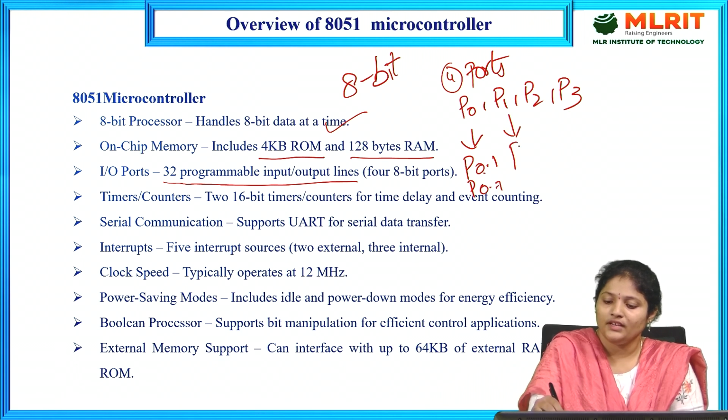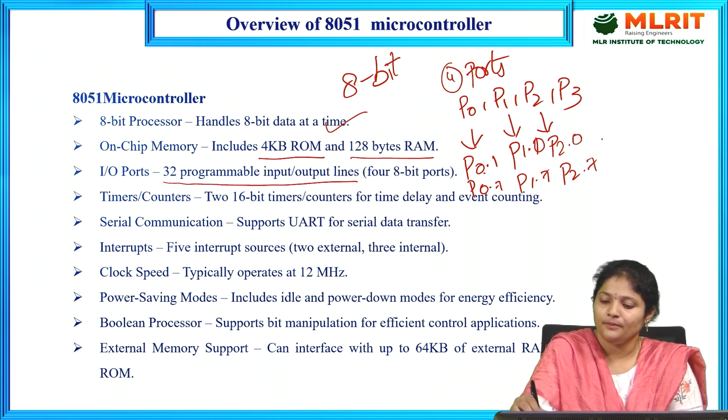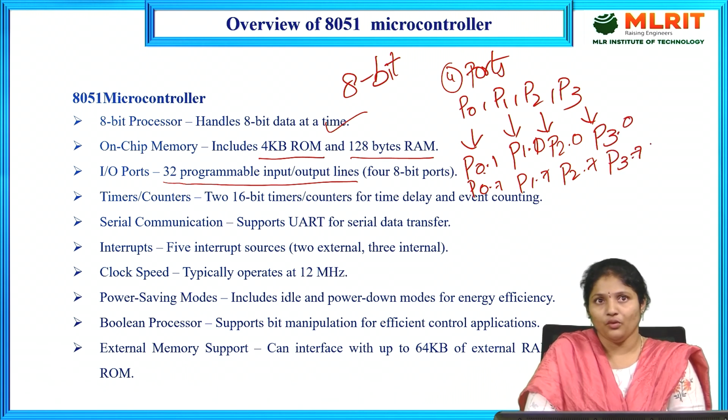Port 1 has P1.0 to P1.7, port 2 has P2.0 to P2.7, and port 3 has P3.0 to P3.7. Each of these ports has 8 bits of input output lines. So in total, 32